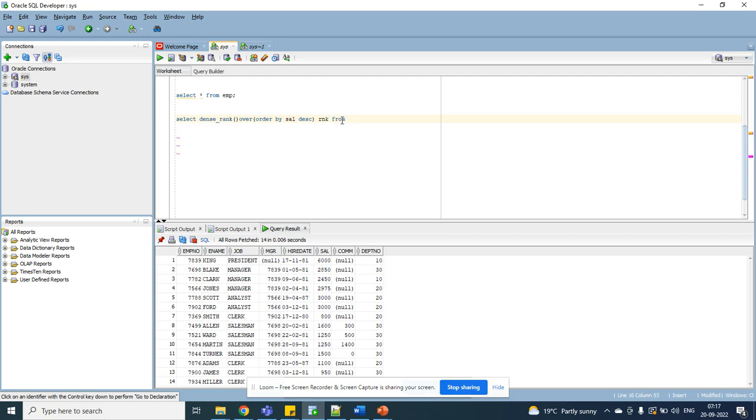We can call this rank, from EMP. What will it return? It will assign the values. From that, I need the fourth highest salary. So you can make this entire result set as a table, and from that you can filter. Simply on top of that, you can apply one filter: E dot star from